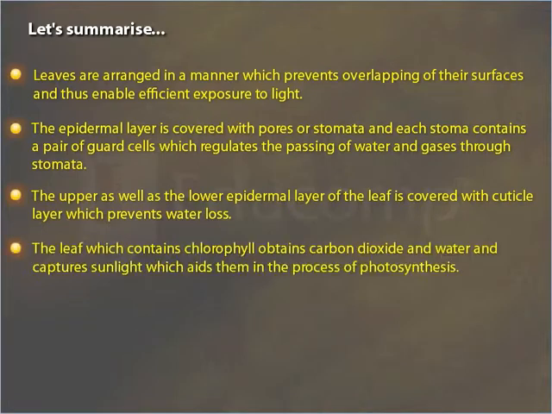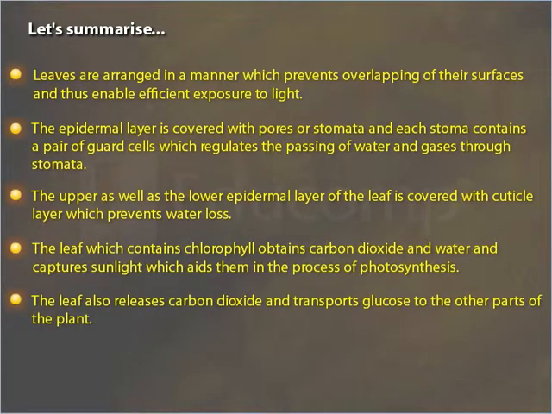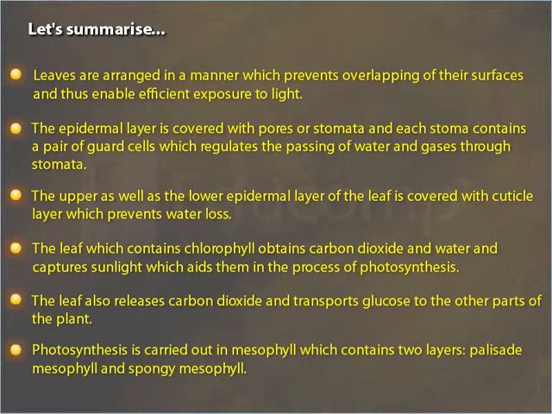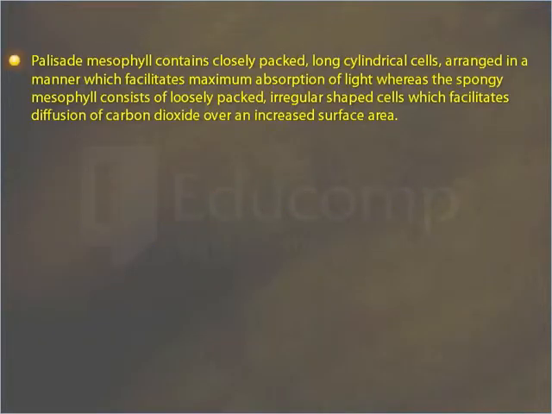The leaf, which contains chlorophyll, obtains carbon dioxide and water and captures sunlight, which aids them in the process of photosynthesis. The leaf also releases carbon dioxide and transports glucose to the other parts of the plant. Photosynthesis is carried out in mesophyll, which contains two layers: palisade mesophyll and spongy mesophyll. Palisade mesophyll contains closely packed